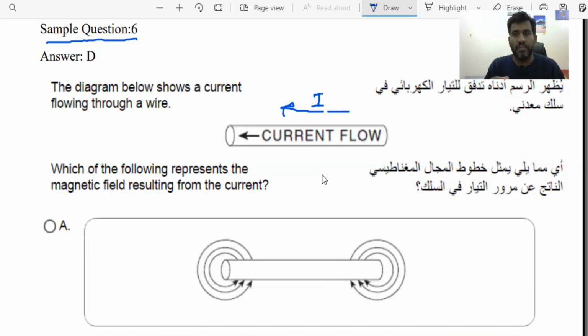But when the charges are moving in a conductor, that means electrons are moving. When the electrons are moving, definitely current will be flowing. So when the current flows, there will be forming of the magnetic field, that is the electromagnetics you might have studied in school. So remember here the question is asking us about what is the direction of the magnetic field. They are saying that current is flowing, meaning there is a magnetic field generated, but what is